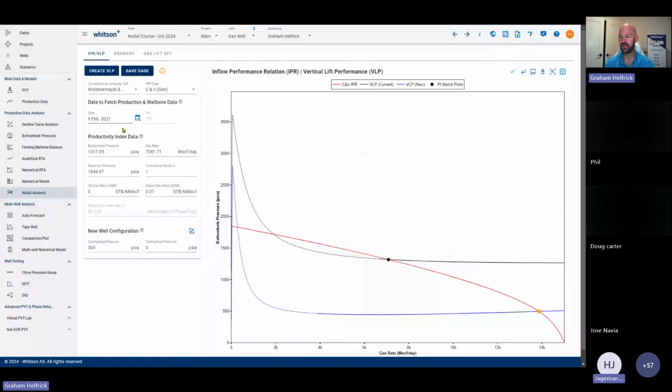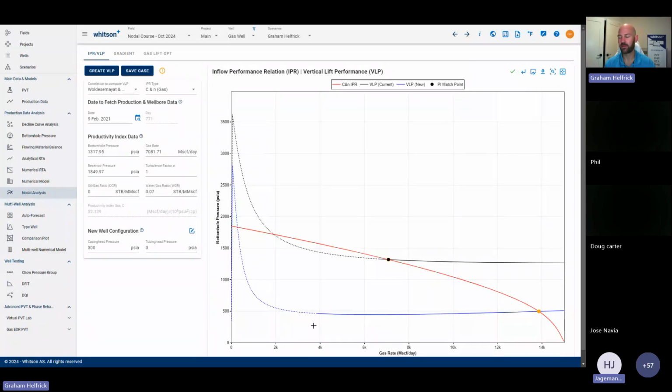All right, we should see VLP curves here. The black one is our original one, our current case, about to liquid load. And the blue one is if we can lower the surface pressure down to 300 pounds. And that's going to do 2 things. It's going to give us a lower flowing pressure. It's actually going to delay liquid loading. So if we can lower the casing head pressure, we can remain unloaded all the way down to 3.8 million